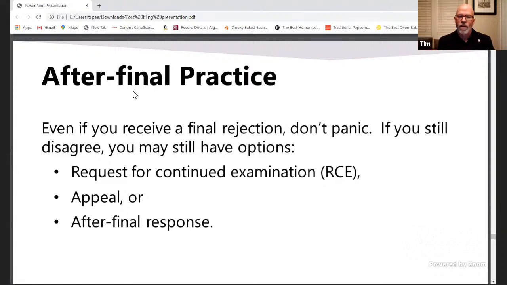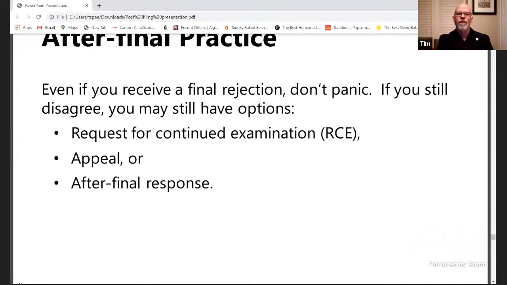You can file what's called a request for continued examination, where the examination would continue. The finality is basically removed, and you get another action, which could be a final or a non-final, depending on what happened there. You can also file a response, but you have limited rights about what you're allowed to present. The office will consider that, and based on those parameters, it can allow your case. It can deny entry of that, which happens often. And those are your options after final, basically.